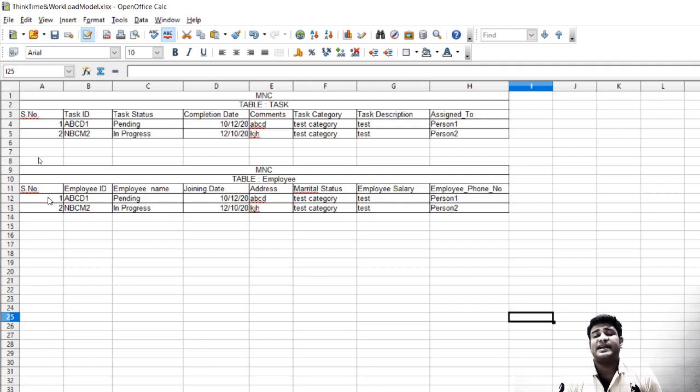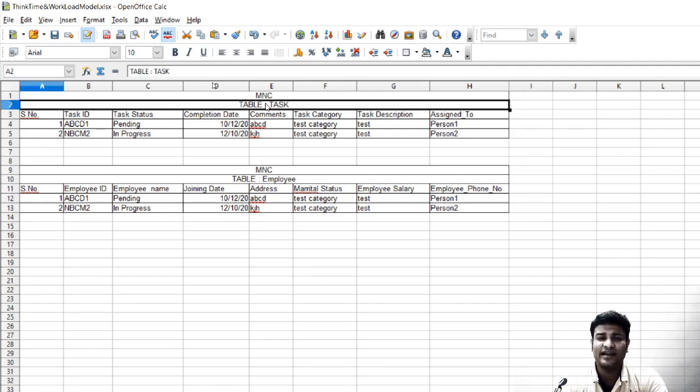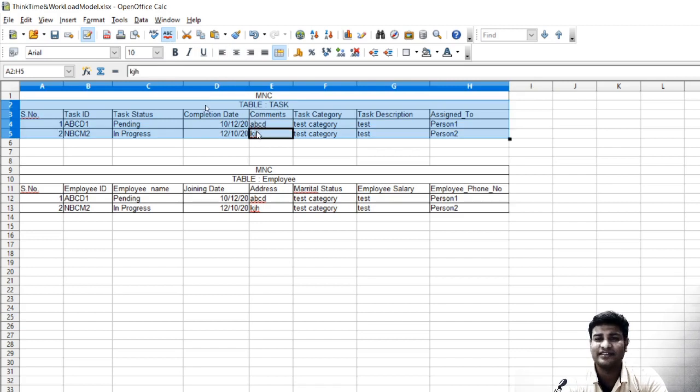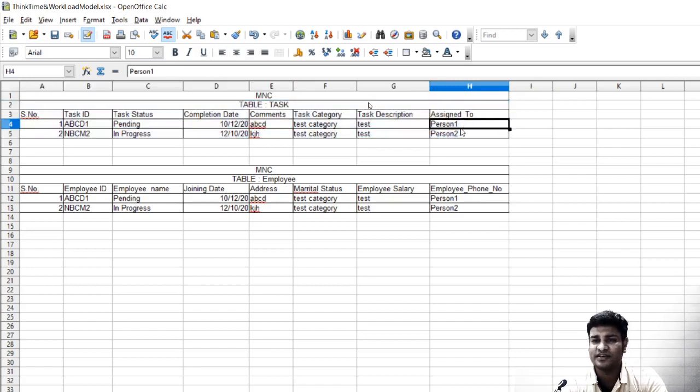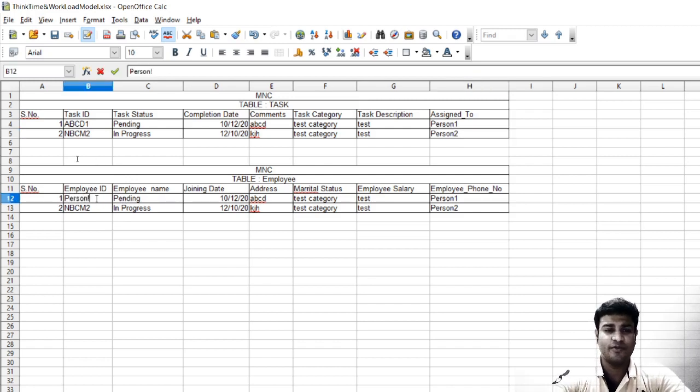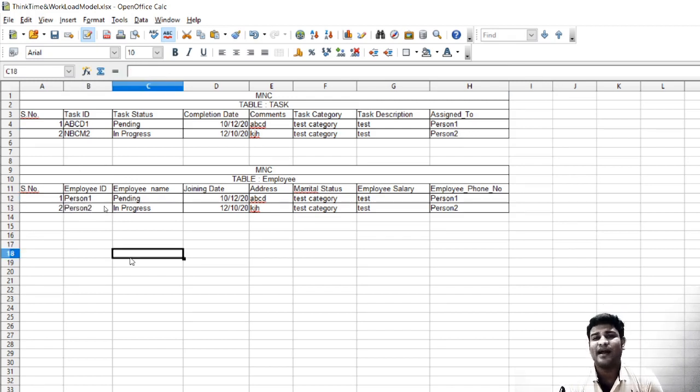Second thing after data type I want you to realize is the relationship. One thing is for sure, whenever a company says that they are creating a table task and they are assigning some tasks to its employees, say person one and person two, these employees should be there in the employee table. So person one should be there over here, person two, because if you have not recruited anyone, how will you make anyone do the work? Right? This data is for operations.